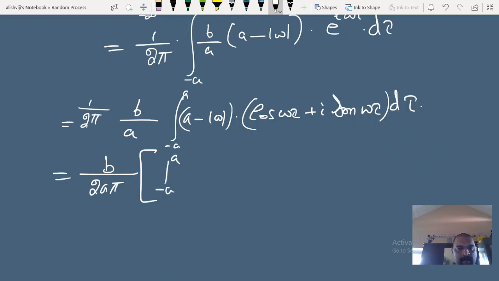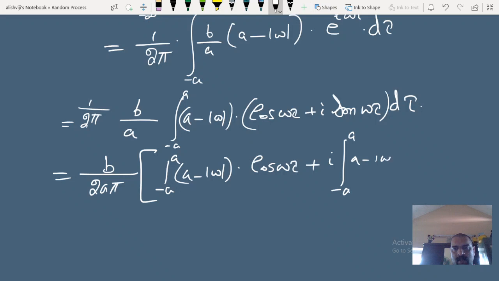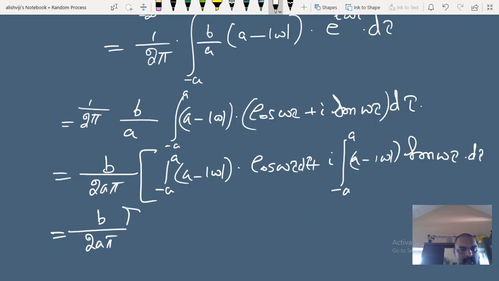The integral from minus a to a of (a minus mod omega) into cos omega tau, plus i into the integral from minus a to a of (a minus modulus of omega) into sin omega tau, d omega. Here also we have d omega. Now this is equal to b by 2a pi into